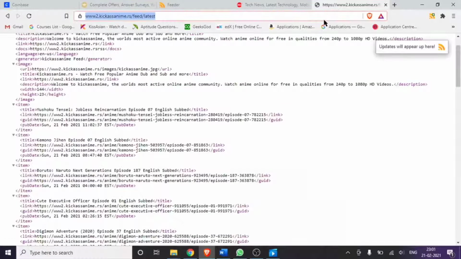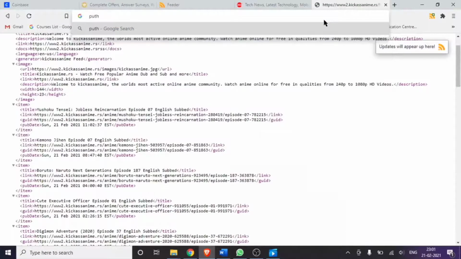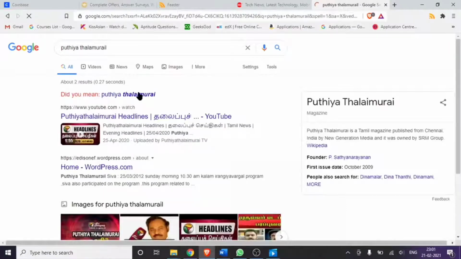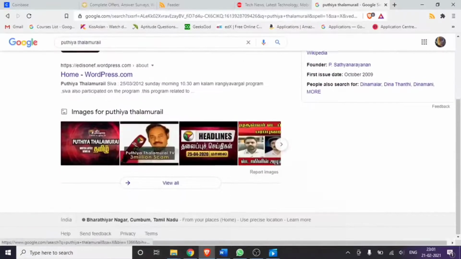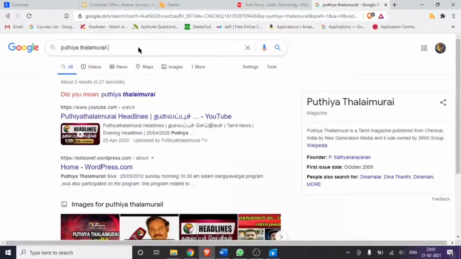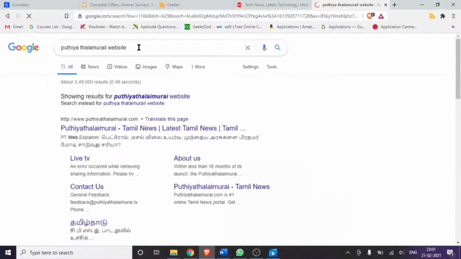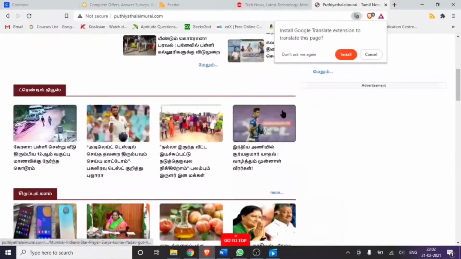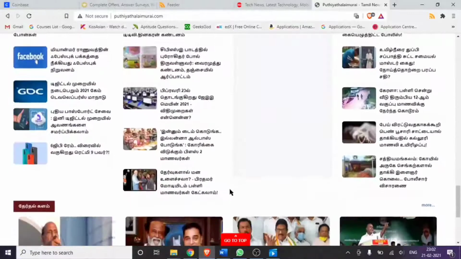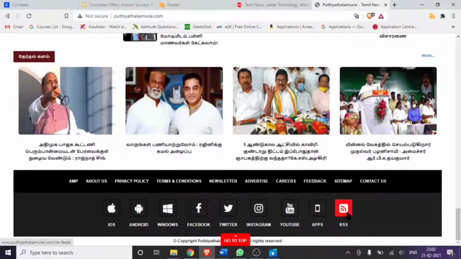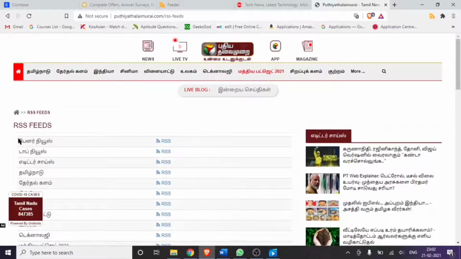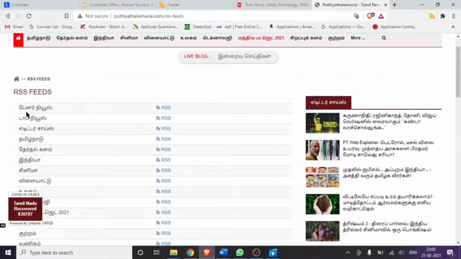If you are a fan of a news channel, let's take the example of Puthiya Thalaimurai. Most of the websites will have an RSS feed. See, here it has an RSS feed, and it asks which type of news we want to see.